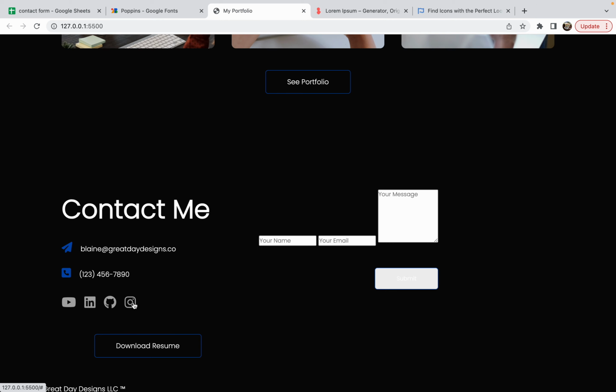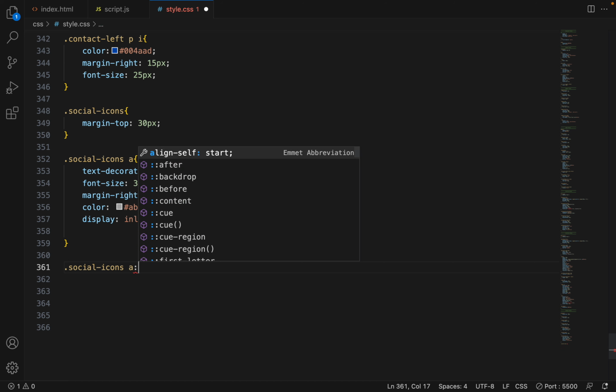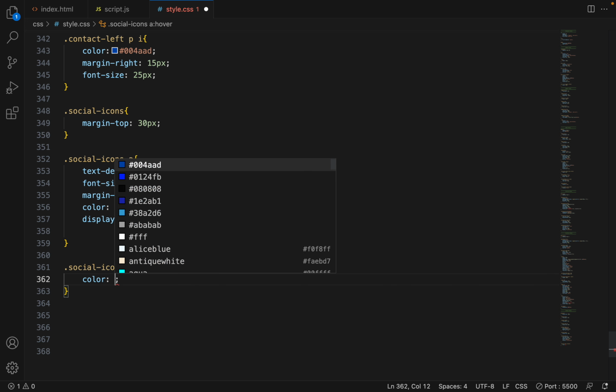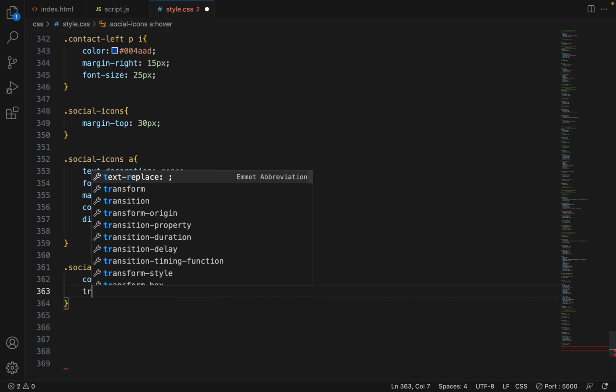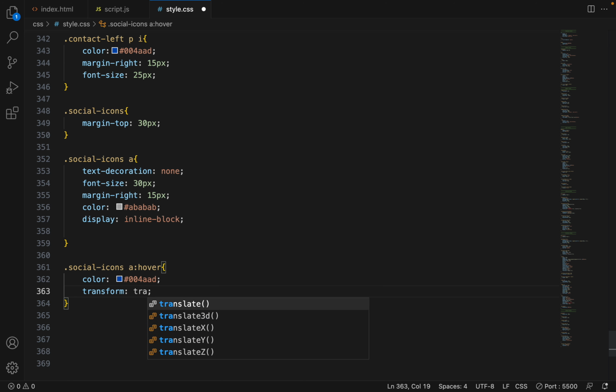Okay, so now though, I'm hovering over it, but it doesn't look active. So let's copy this, paste, hover. Okay, so now when I hover over it, I want the color to change actually to our theme color. And transform, translate Y. Let's go